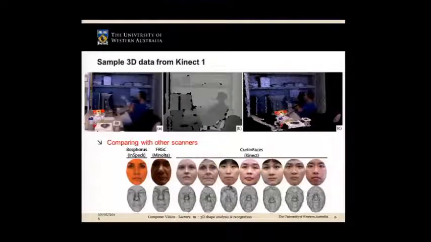Okay, so here are some example images. The first one is, of course, just an RGB image. So Kinect has one RGB camera. It has one depth camera, the infrared one. So the first image is just an RGB image. The second one is a depth map, right? The depth information is right there in that image. And the third one is the color information captured by Kinect mapped on each pixel of the depth image,